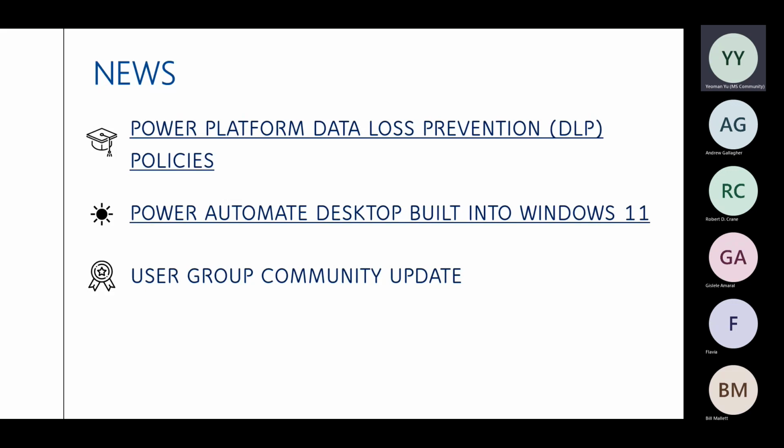So that sort of power is now being integrated into Windows 11 natively. That means Microsoft is saying that you can harness more power out of automating tasks straight out of the box. And as always with Microsoft, they want to push and improve that product more and more over time.